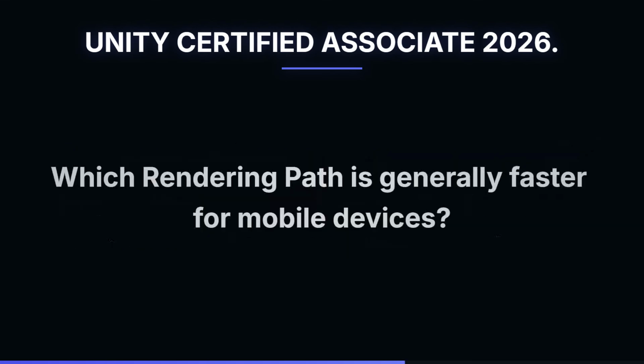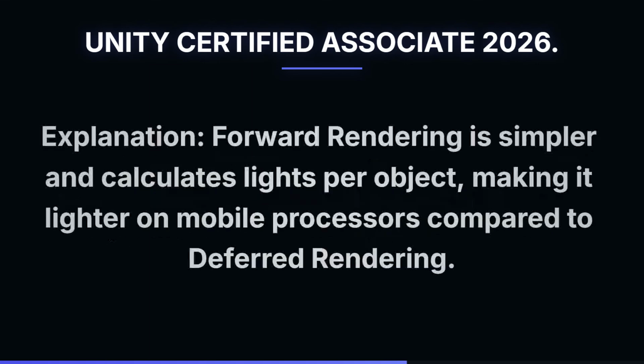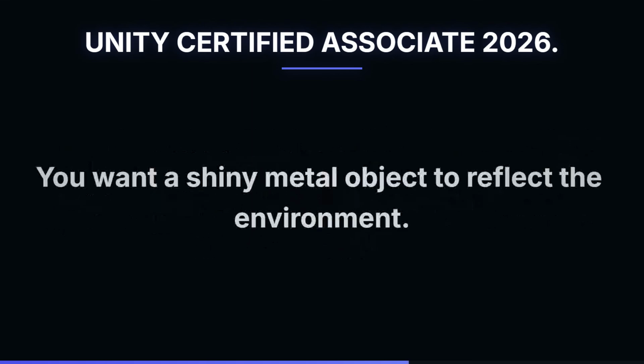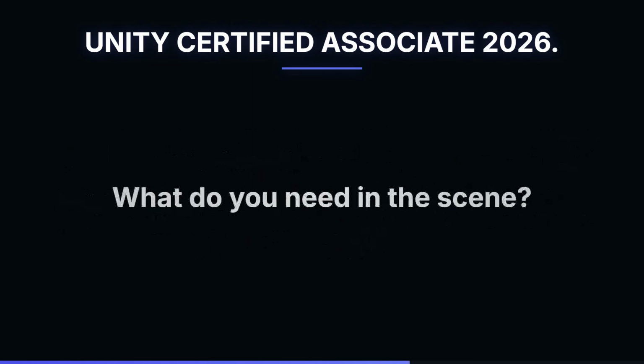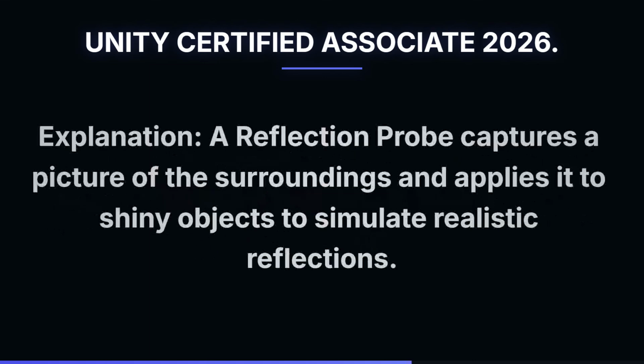11. Which rendering path is generally faster for mobile devices? Answer: forward rendering. Explanation: forward rendering is simpler and calculates lights per object, making it lighter on mobile processors compared to deferred rendering. 12. You want a shiny metal object to reflect the environment. What do you need in the scene? Answer: reflection probe. Explanation: a reflection probe captures a picture of the surroundings and applies it to shiny objects to